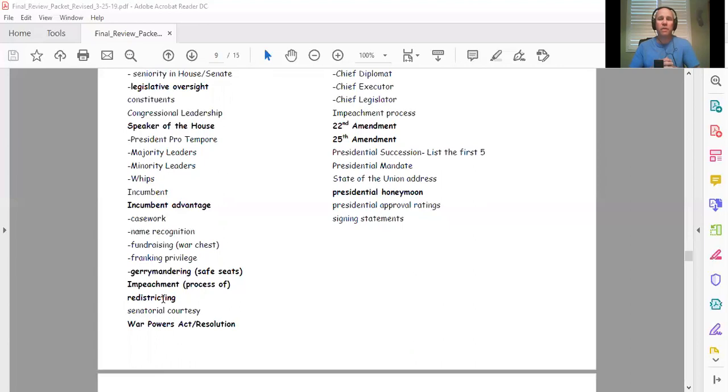But even California, which hasn't gained or lost any seats in the House in the last census, had to redistrict after the 2010 census anyway, even though we didn't gain or lose a seat, because people within the state had moved around, and therefore the districts had become unequal. And so we had to redraw the district lines to make sure that all the districts are relatively equal in